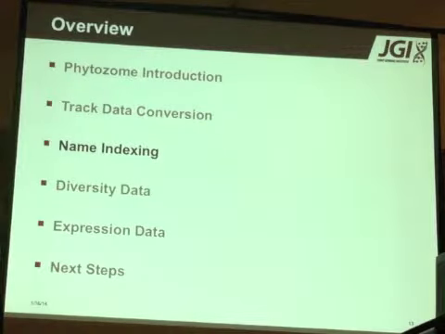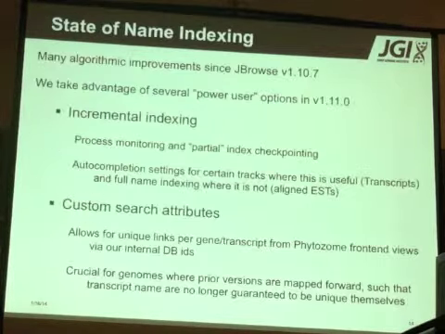So now we come to the subject of name indexing, and I would say that that's still a major time bottleneck, largely due to the nature of that particular data structure. But we have worked with Rob really extensively, and he's produced a number of wonderful little improvements, in particular the algorithm itself, since 1.10.7, which was somewhere September, August, something like that,